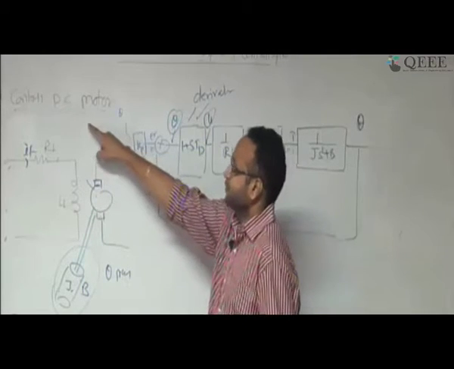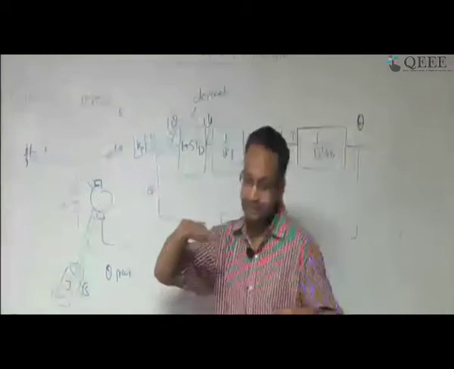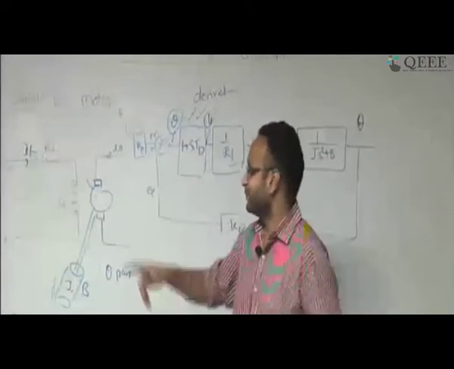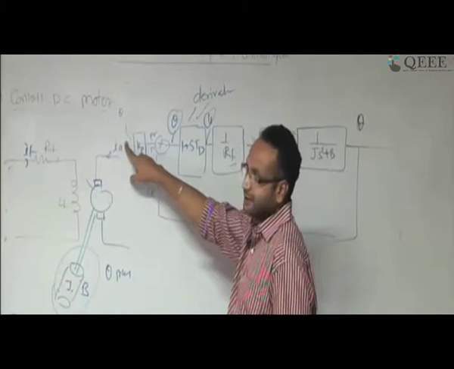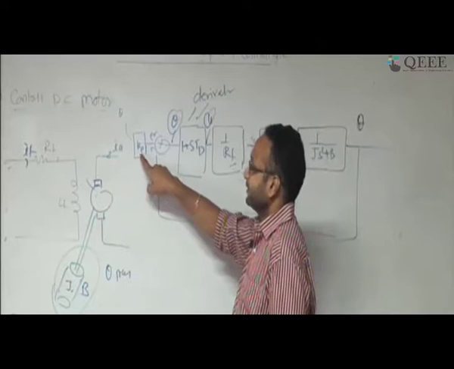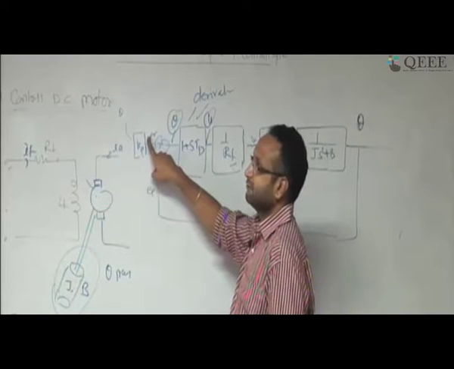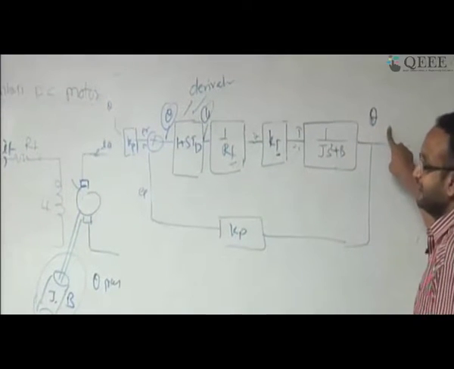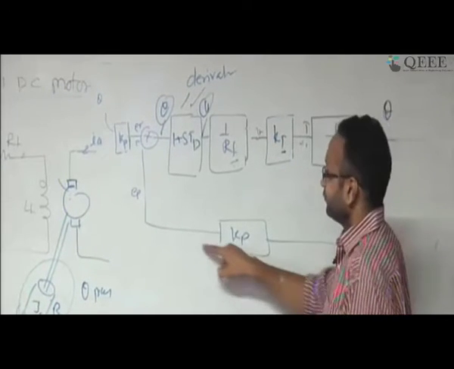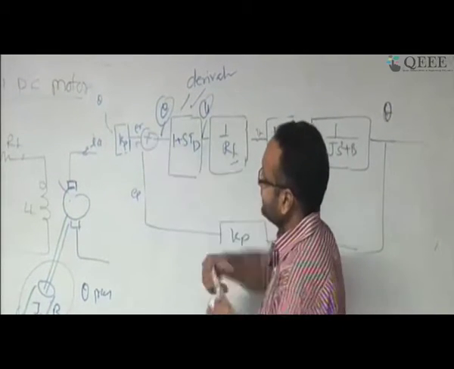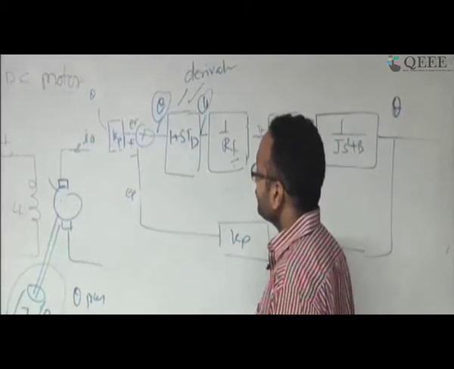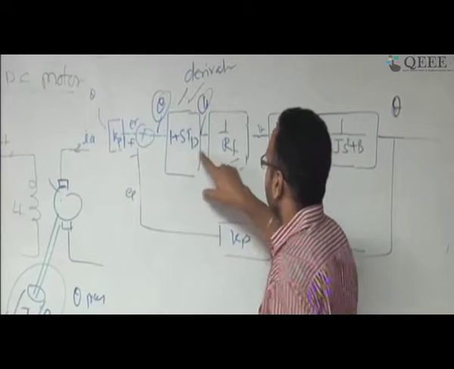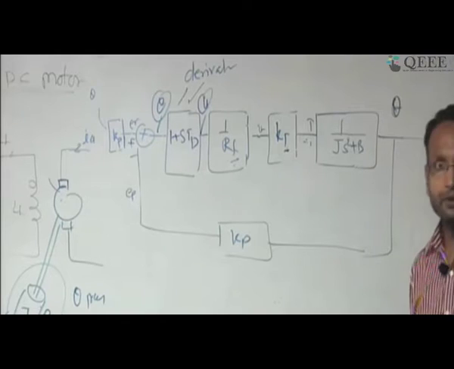So what happens? There is going to be a reference position. I'll give a command to move my robot from this angle to this angle, so it will go some 10 degrees. Since this angle is going to be 10 degrees, I'll use the potentiometer. The potentiometer constant is Kp, and it converts the angle to a voltage. Now what was the angle of the robot? Suppose it was 9 degrees. That will also be converted to some voltage. The difference of these voltages is going to be my error. This error will be given to the derivative controller, and this is the way I am going to rectify.